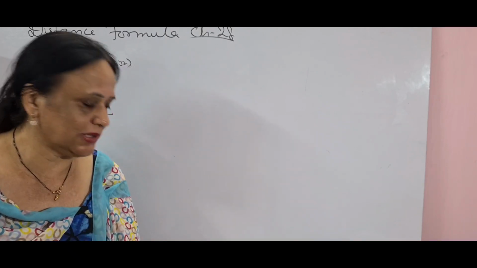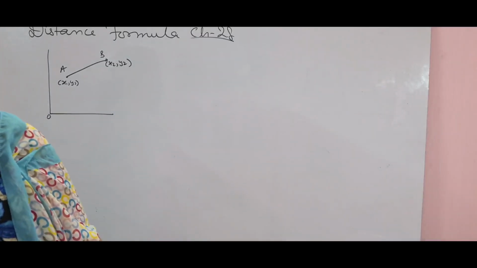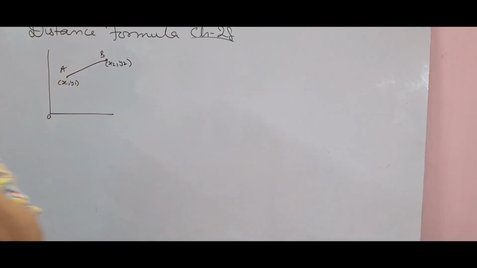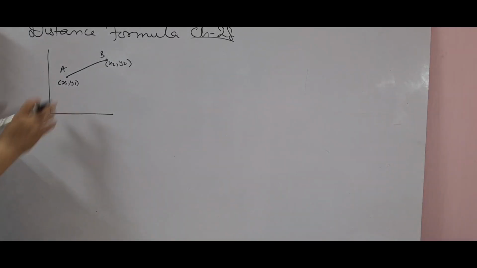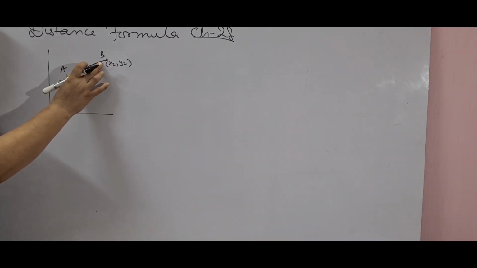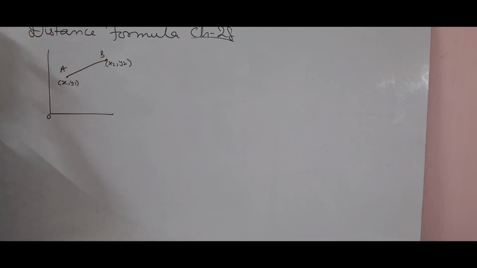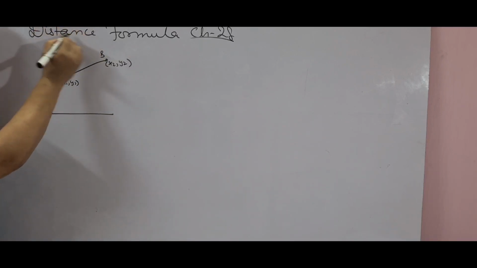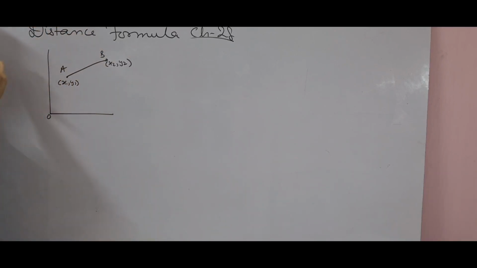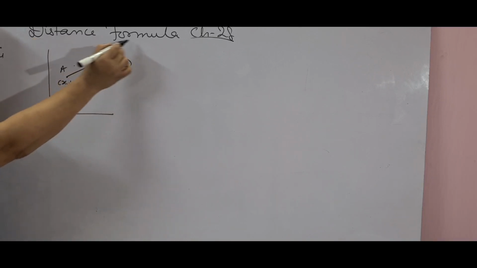Okay children, starting with the formula, first of all the distance formula. As I talk, the word distance means a measurement between two points. And since I'm talking about a formula, I'm relating distance to the formula. The formula is related to the coordinates. So this chapter comes under the heading coordinate geometry. Coordinate geometry means the coordinates which you plotted in graphs are related to distance. That is why it is said to be the distance formula.